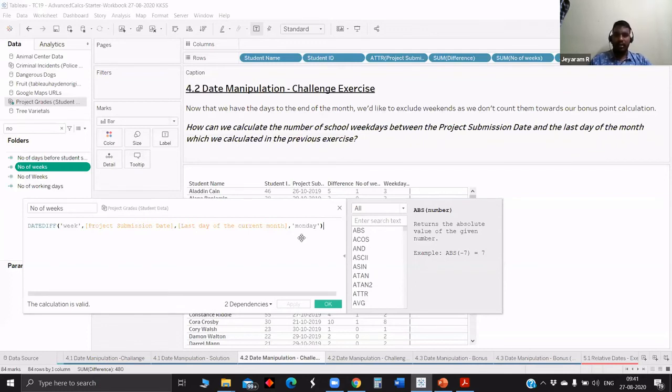So basically, when Monday comes, it will start counting it as a new week. So in that case, we will be able to subtract the weekends by multiplying it with 2. That's why we have to mention the week starting. If you don't mention week starting, what happens is it will consider 7 days as a week, and irrespective of the day it has started, it will take the first 7 days as 1 week, then the next 7 days as the second week, like that. So if you mention week starting, we can get specifically the number of weeks, like from Monday to Sunday. This is how it works.